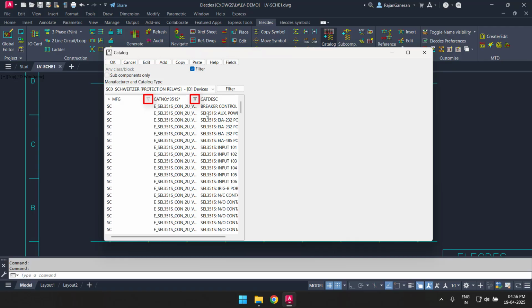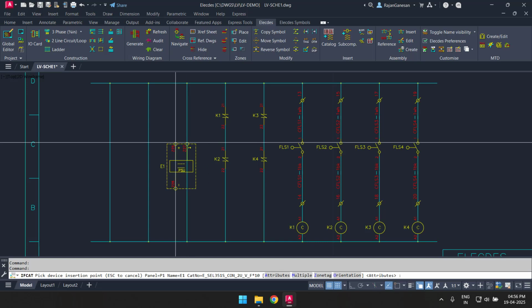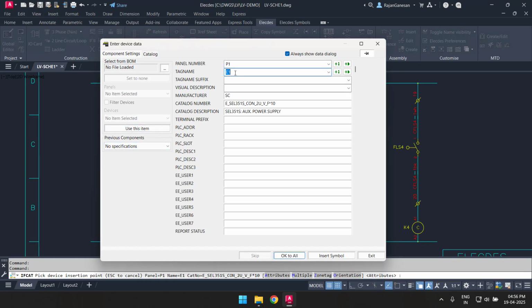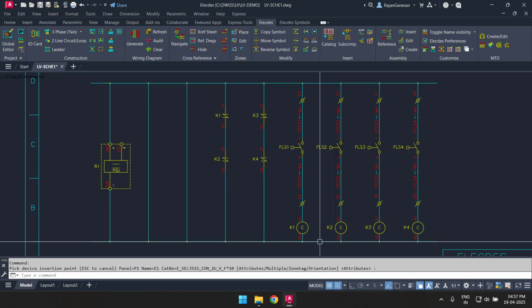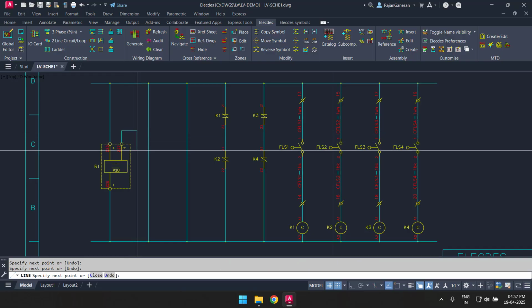Note, the Cell has over 30 family members. It's difficult and time-consuming to manage this device manually. I'm going to insert the auxiliary power supply subcomponent. I will place it on rung 1 and name the relay R1. I can add a simple earth connection to the auxiliary power supply. This entails a simple line segment and earth indicator symbol.